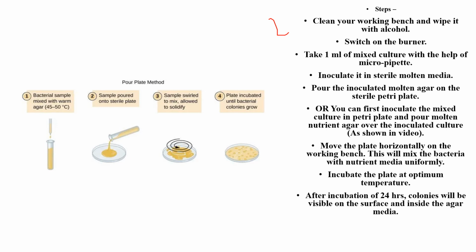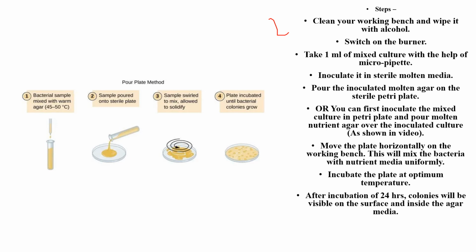Inoculate it in the sterile molten plate, or pour the inoculated molten agar on the sterile petri plate. First, we will pour the culture specimen, 0.1 ml or 1 ml, into the sterile petri plate, and over that we will pour our autoclaved media and swirl the plate so that the culture suspension gets mixed into the plate properly, and later on we